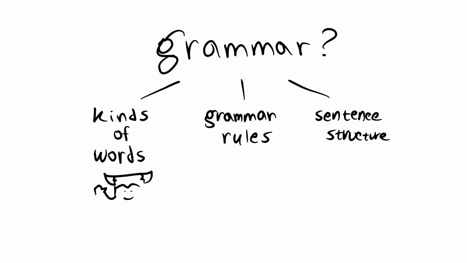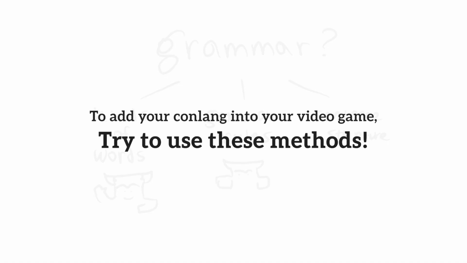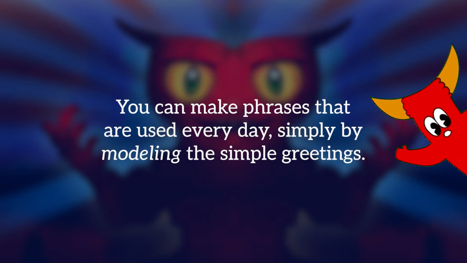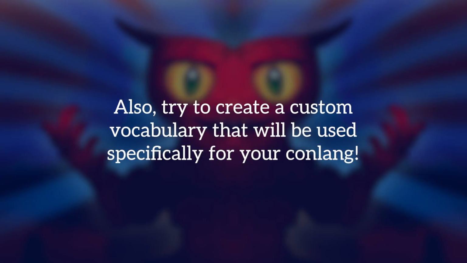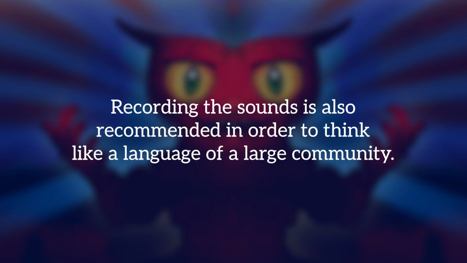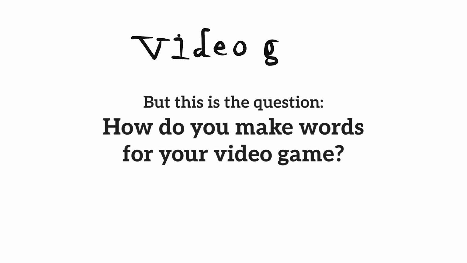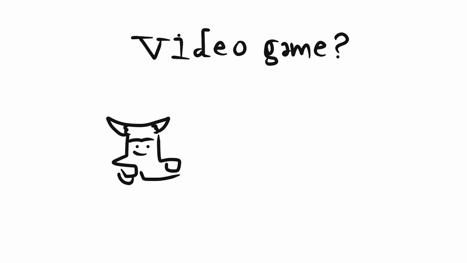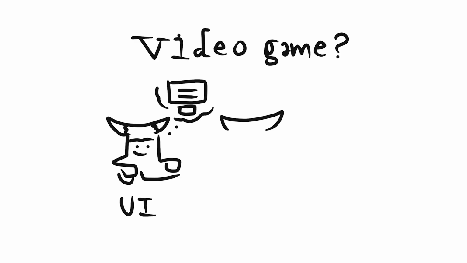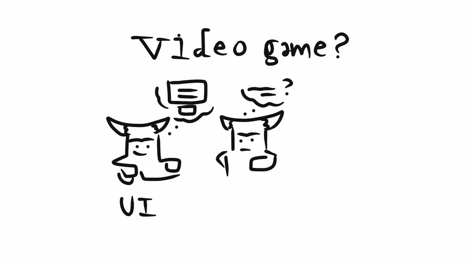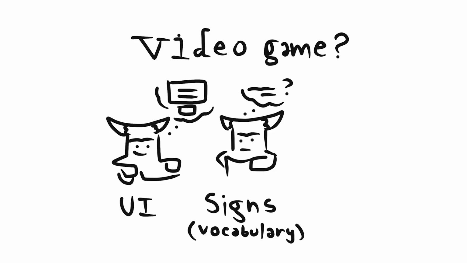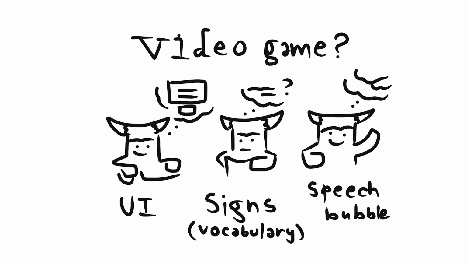In order to add your conlang into a video game, try to use some of these methods. Adding phrases into game interface, creating a custom vocabulary, and recording the sounds. After finishing the basic design of the game, you should start adding some elements that will use the words from your conlang. For example, make some custom UI screens, add signs that will contain many conlang words and their translations, or try to add some speech bubbles to the character, especially if there is a phrase that it wants to